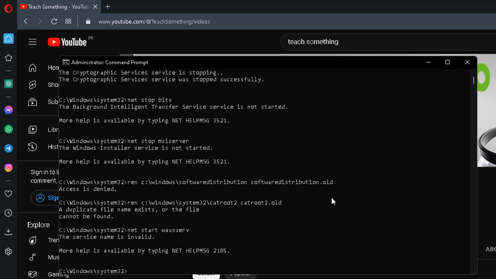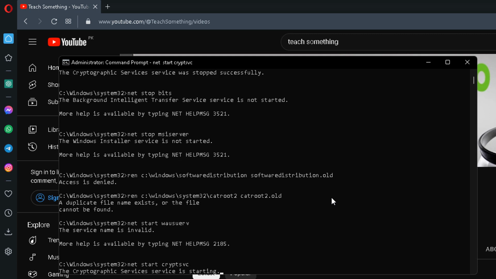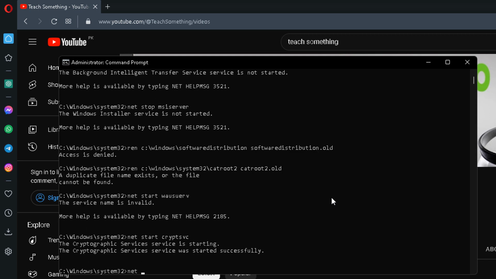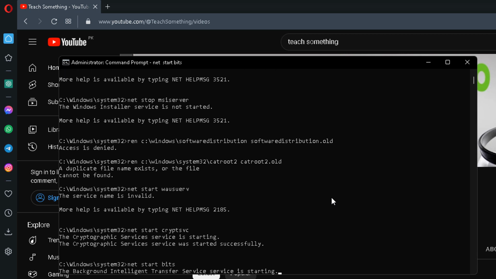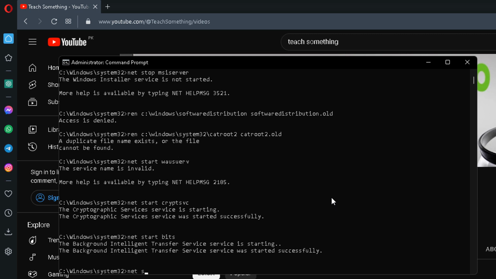WUAUSERV and press enter. After that, type the command: net start CRYPTSVC and press enter. After that, type the command: net start bits. After that, type the command: net start MSISERVER